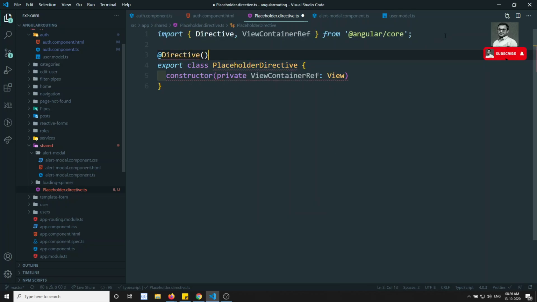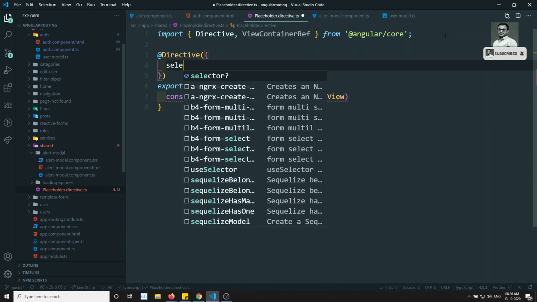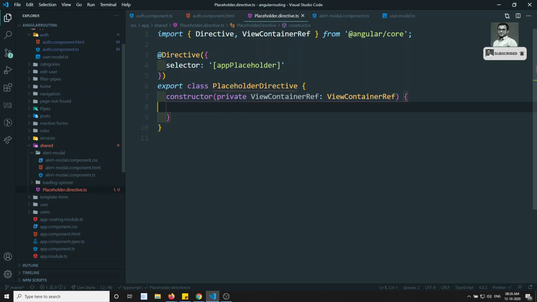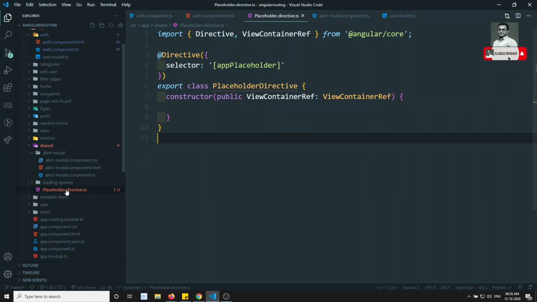So it needs to be included, and here you will be having a selector. I will be creating an attribute selector app placeholder. Okay, so now here I need to import the view container reference. Instead of making this one private, I will make it public.